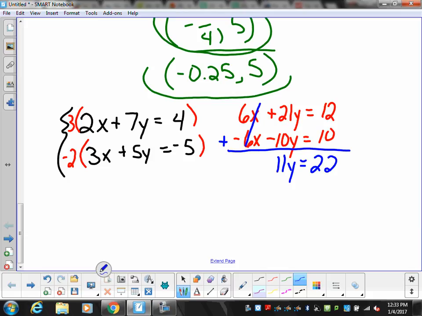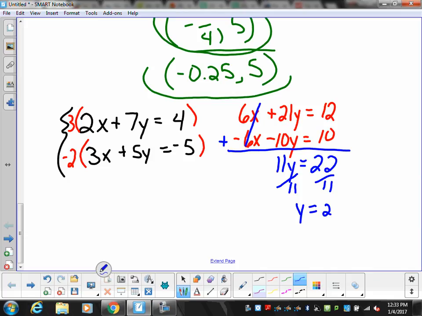And is everybody okay with that? If you don't quite get it yet? Okay. Then to solve for y, I divide both sides by 11, so y equals 2. Next step. Now that I have y, what else do I need? I need x. So I'm going to take my 2 and I'm going to plug it back into one of